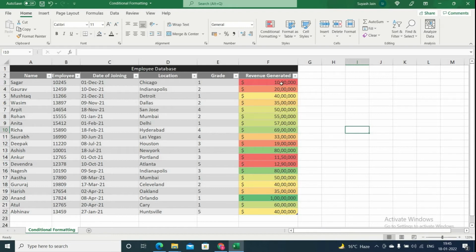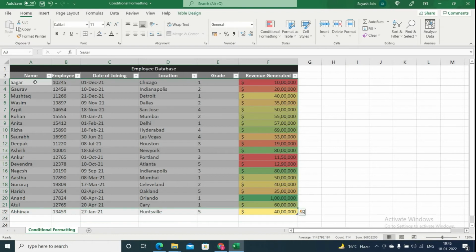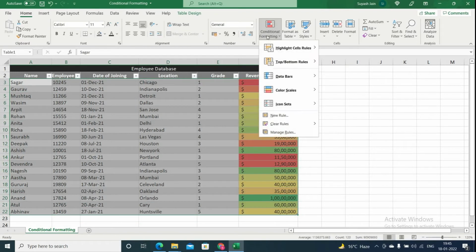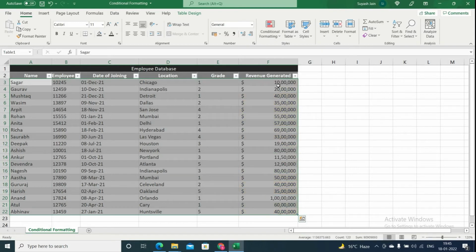For example, you can see all the lower values are marked in red color. As you move a little bit on the higher side, red changes into yellow, and when you move a little bit on the topmost side, then you can see the amber or the yellow basically changes into green color. So now let's again remove the rules. So this is about the color scale, where you can basically create the heat map on the values you selected.